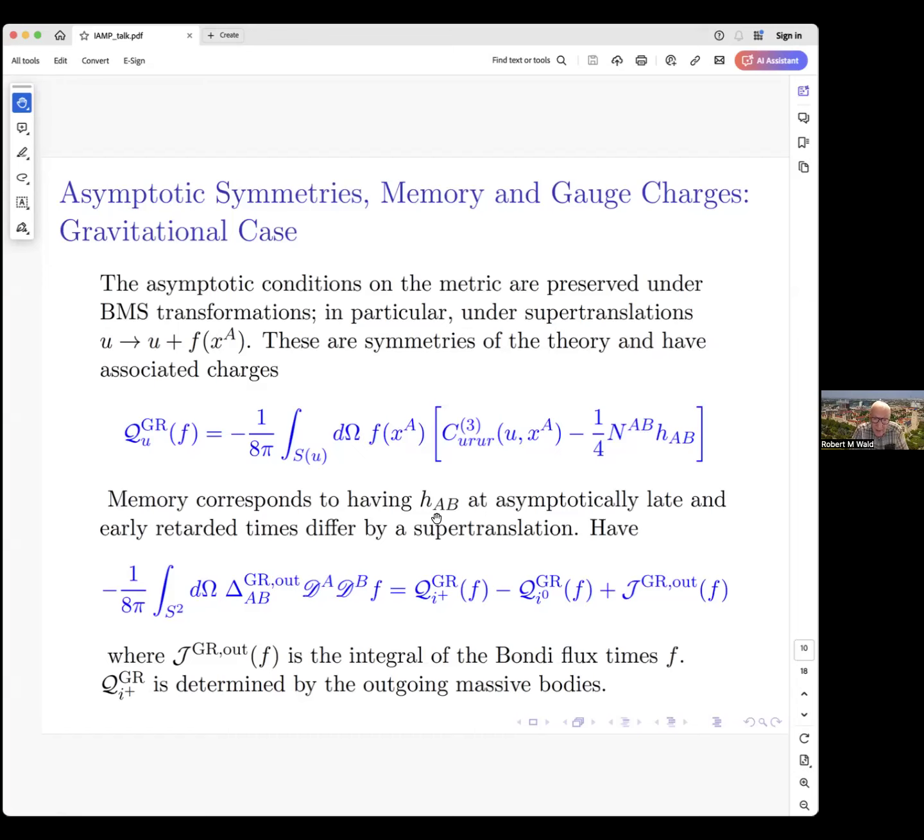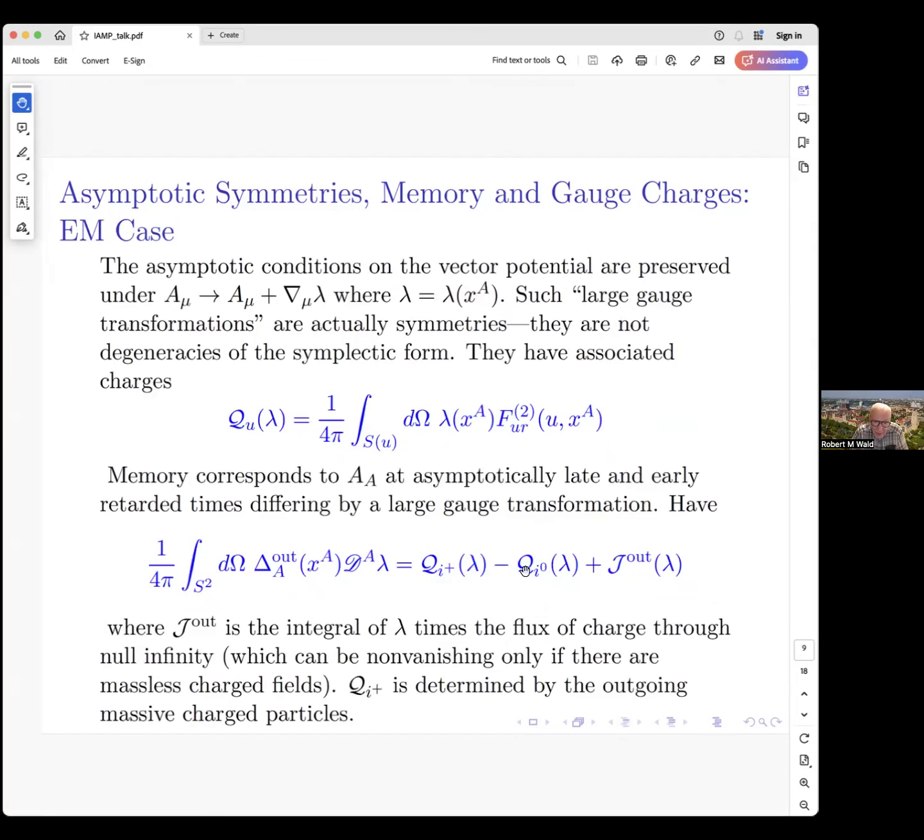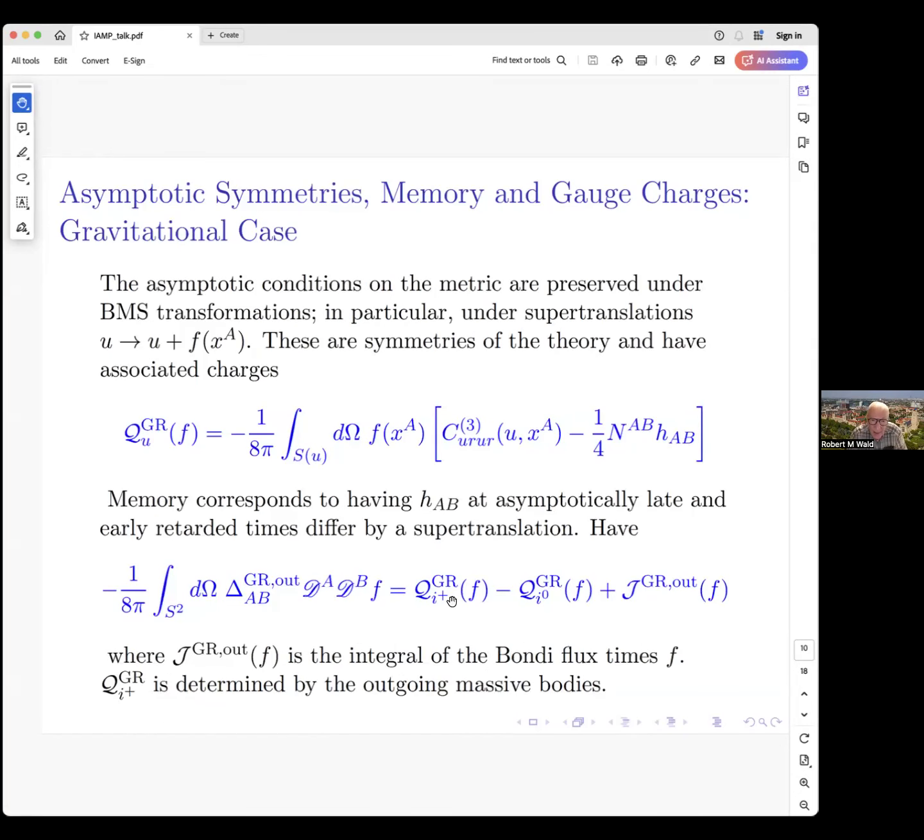And again, the memory effect corresponds to the h_AB at late and early retarded times differing by a super translation. And in analogy to this formula that I wrote down in electromagnetism, one has a formula that says that